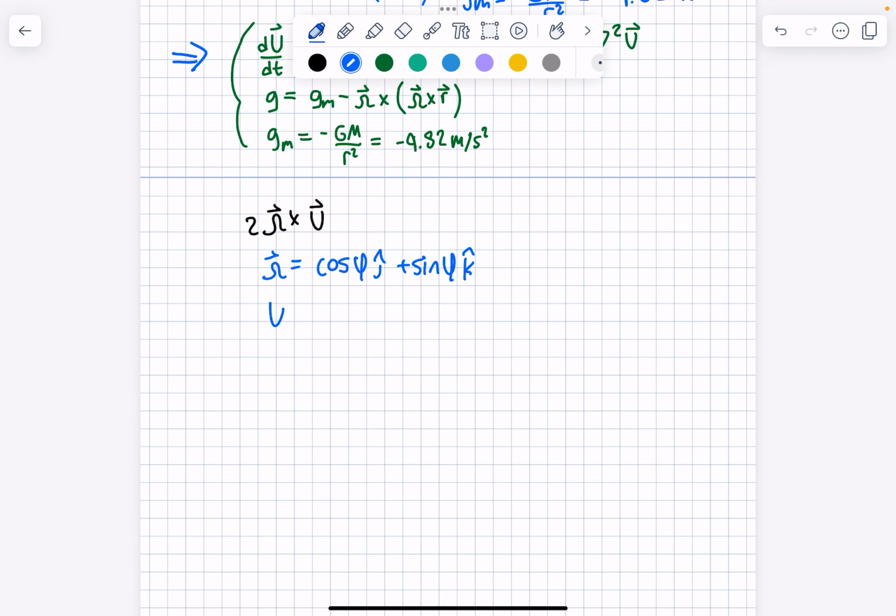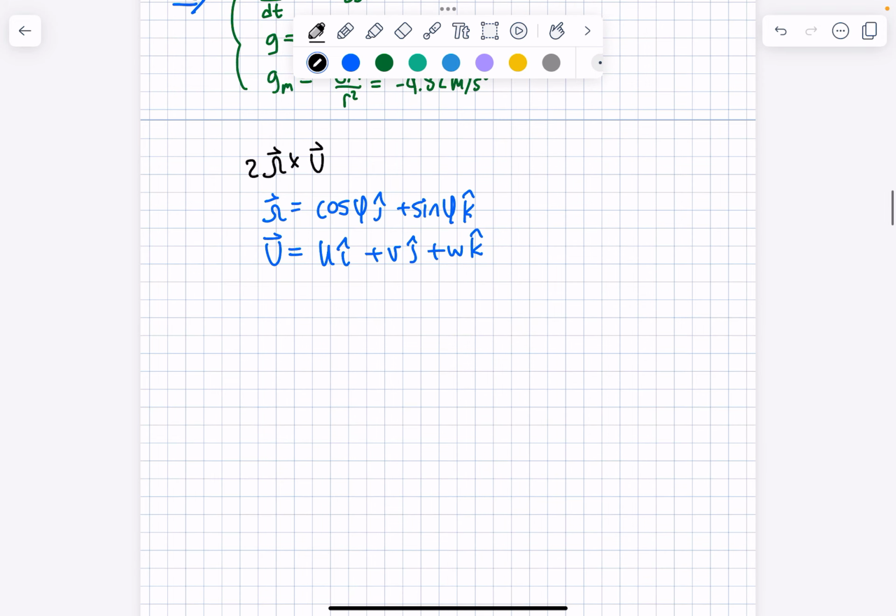And u is equal to ui plus vj plus wk. Okay, so using the definition of curl, we have